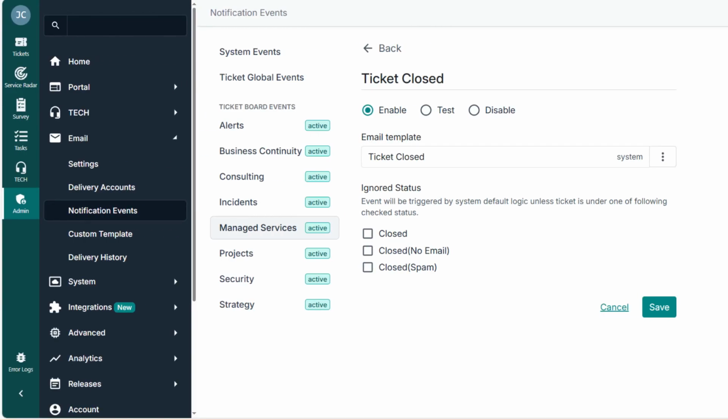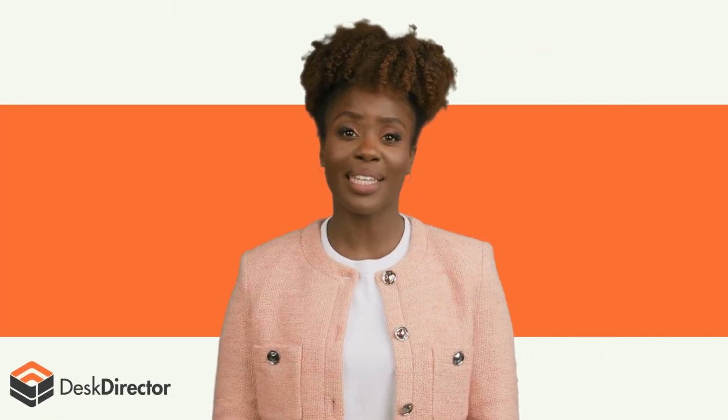If you prefer, you can select specific events to be ignored and prevent them from triggering notifications. To do so, choose the option Closed, no email. Click Save to save your settings. That is how you set email templates for